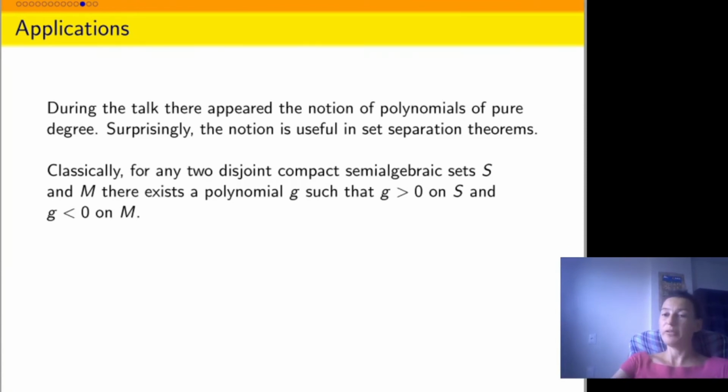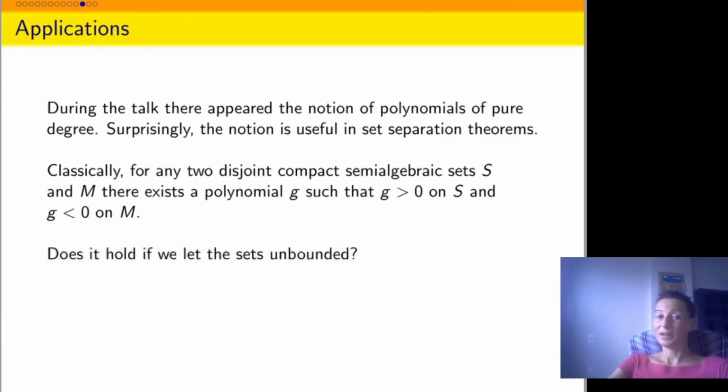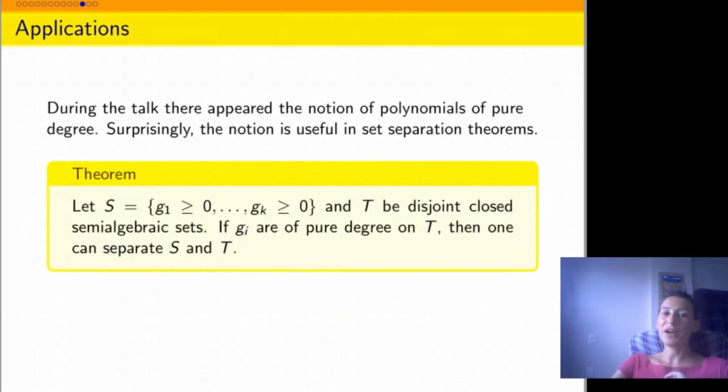The question is whether this is true, for instance, if the sets are open disjoint sets, so they can have some points in common on the frontier, or, for instance, if they are not compact. Does it hold if they are not compact? No, it does not in general. But we have this theorem that if one set is given by inequalities, which is not restrictive in any way, and the other is any semi-algebraic set, both unbounded,